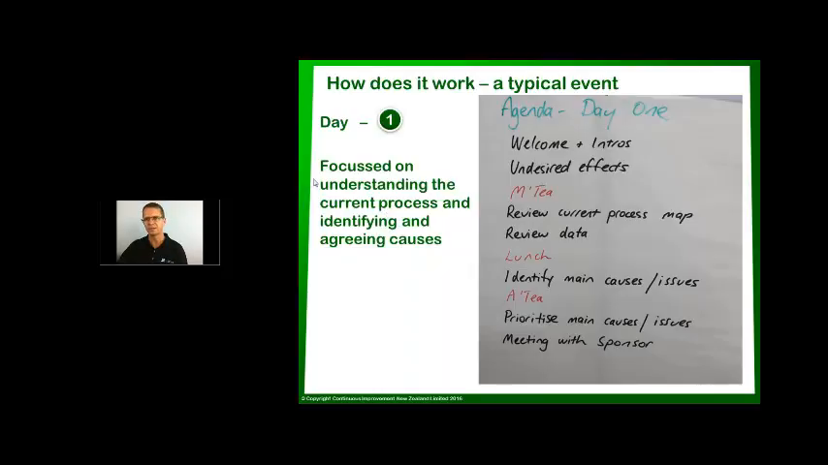So day one is about focusing on understanding the current process and agreeing the causes of the problem. When I'm running an event on day one, I will have the day one agenda, but I won't have a detailed agenda for the subsequent days because that will change. I may have an agenda available at a high level for the 5 days, but only a detailed one for the first day. So in this example here, we welcomed people, got them comfortable, talked about the bad stuff that's